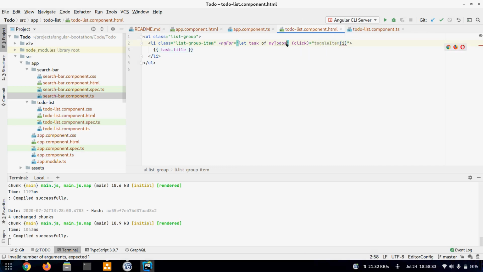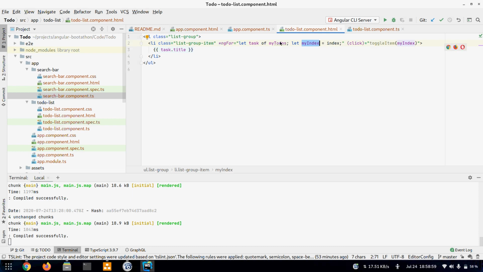Since i is not known, I'll add let. So i will be the index, and this is any name you can give, like you can also call it myIndex. You can pass myIndex here. So the right side should be equal to index, and this we can give any name of our choice.